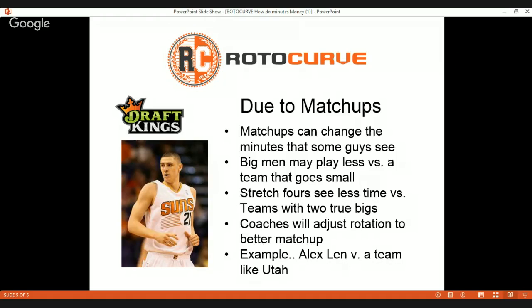It doesn't only work with the low end either. A guy like Kawhi Leonard, whenever the Suns play a team that has a stud wing player, he usually finds himself playing a few extra minutes because he has to guard that stud wing player. I know a lot of people will stay away from him thinking he's going to exert all his energy on the defensive end, trying to shut down whether it be Kevin Durant or LeBron James or Jimmy Butler or whoever else it might happen to be.